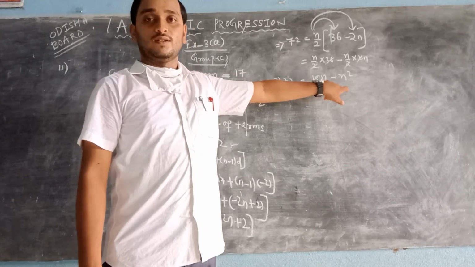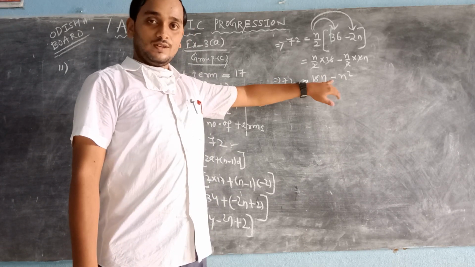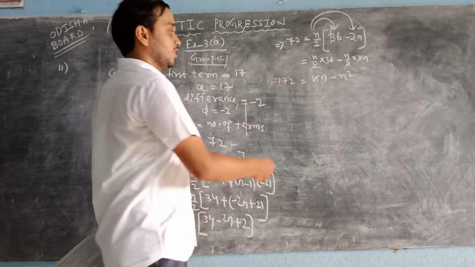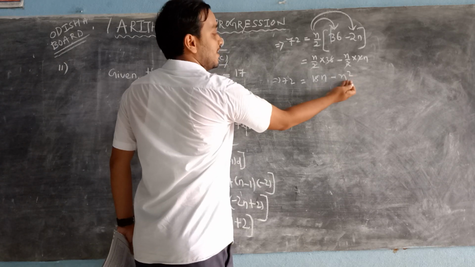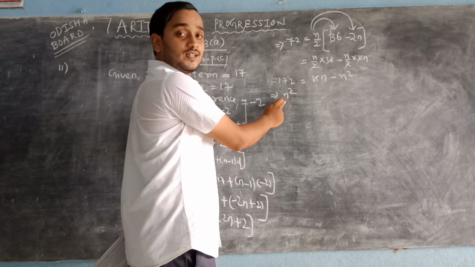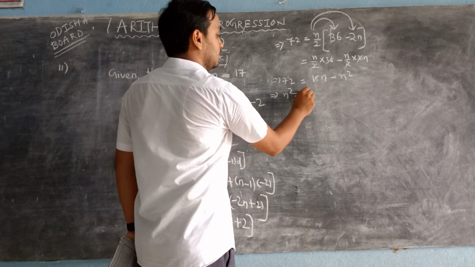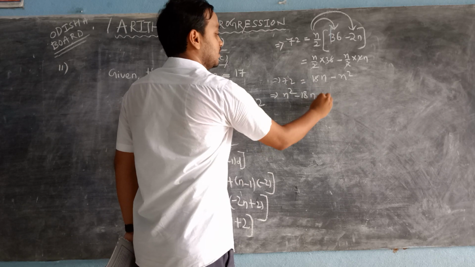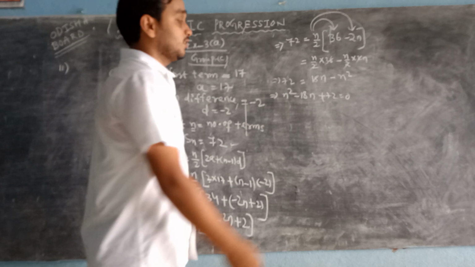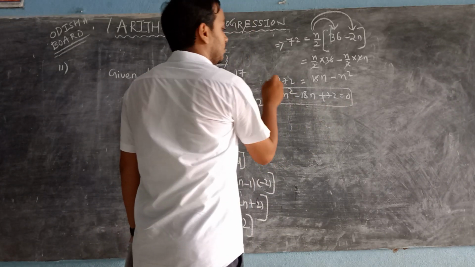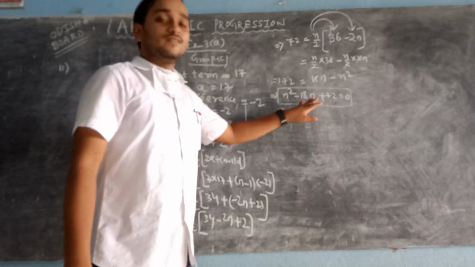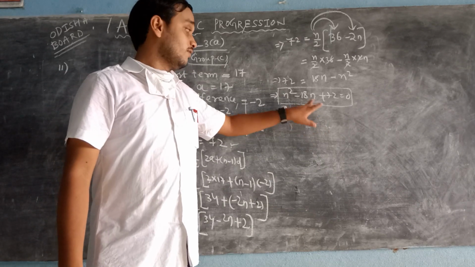n is a variable, this is also one variable. This looks like a form of quadratic equation. That means if we take this number from this side, n square minus n square will come to this side, plus n square, 18 and minus 18 and plus 17 plus 17. Now this is the form of which equation? Quadratic equation. Understand? Now we solve this quadratic equation to find the value of n.